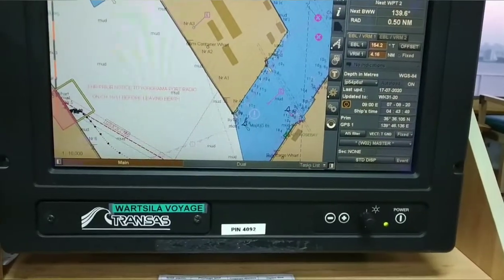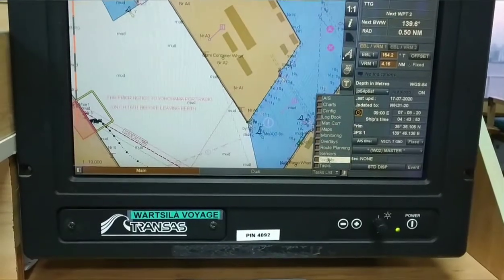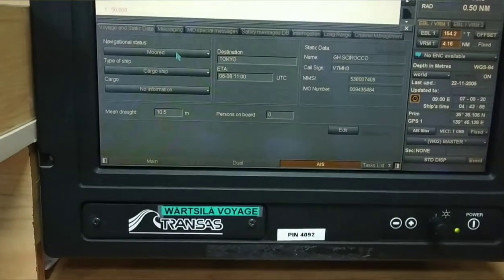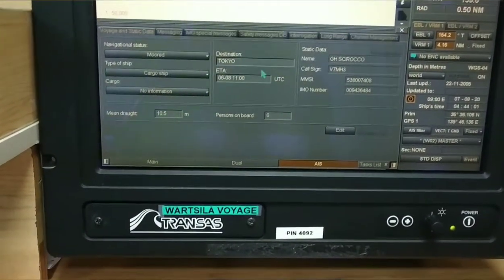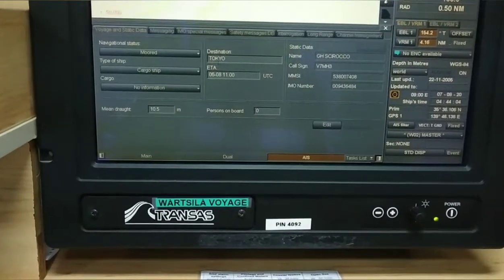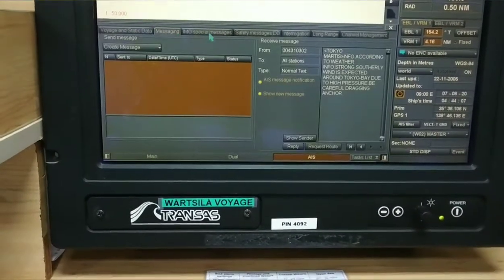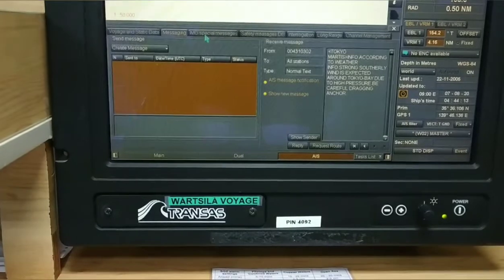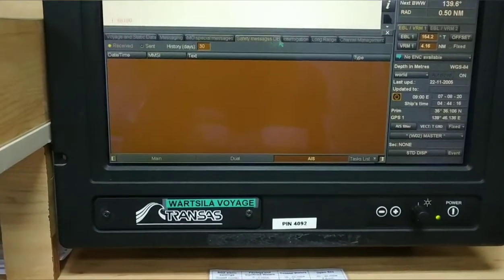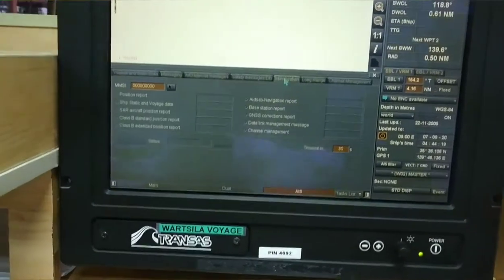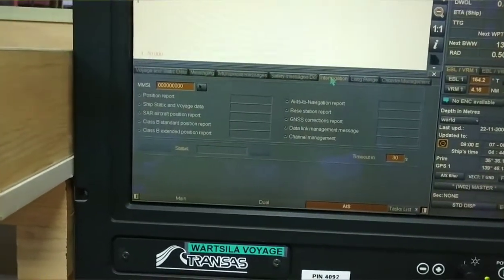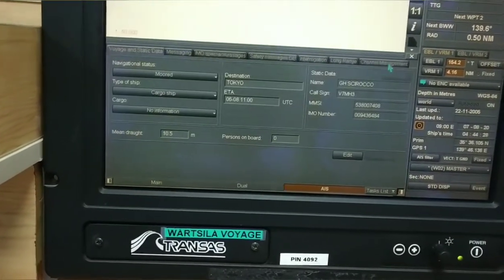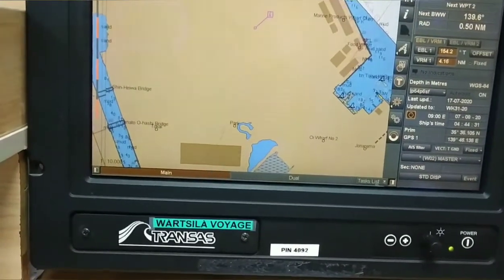Next is the task list. If I click on task list, various tasks are there. So if I click on AIS, I can set my navigational status, cargo ship, destination, ETA. Means AIS dynamic and static data you can put through ECDIS in this AIS section. Messages, if I want to create a message, suppose testing AIS or something, I can get IMO special messages. If I have safety related messages, or if some vessel wants to interrogate, or I want to interrogate the AIS of that vessel, I can do it through long range scanning, channel management and all. Means all AIS features you can access through this ECDIS. No need to go to the AIS system.